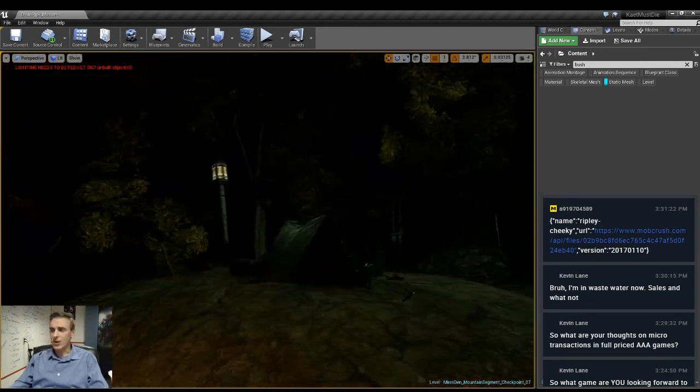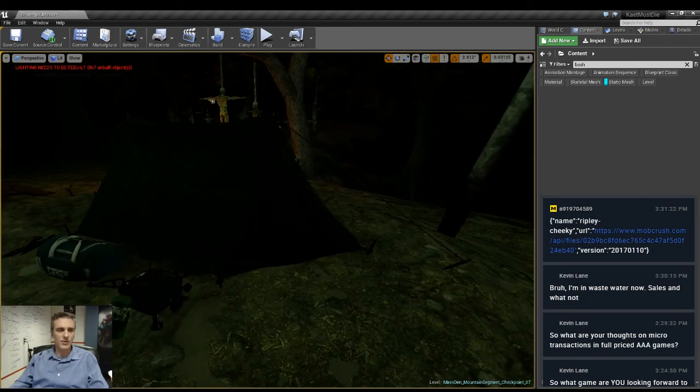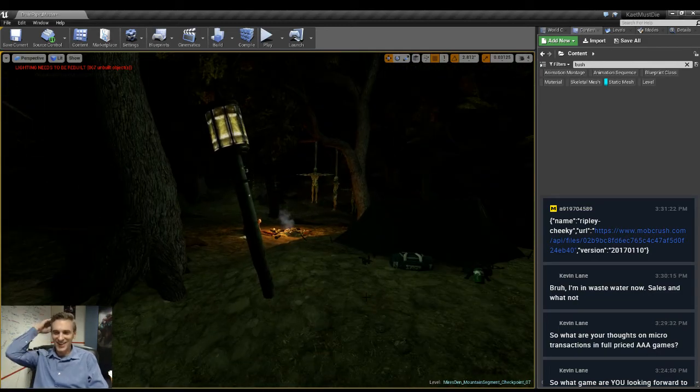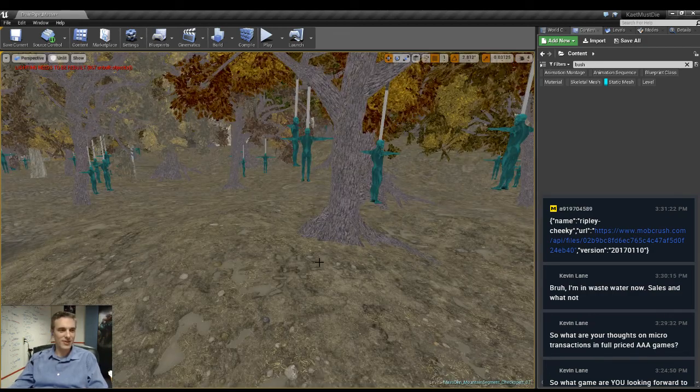You're in wastewater now, sales and whatnot. How do you sell wastewater? I'm probably not reading that right, but I assume wastewater treatment service? Or are you just like, here's a bowl of shit water, buy it from us? I suppose there'd be a market for that. You could sell it to,